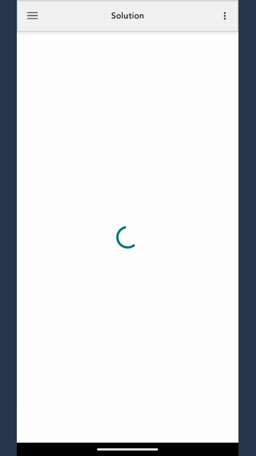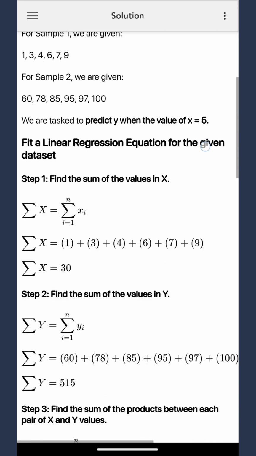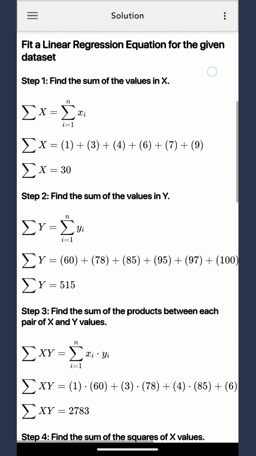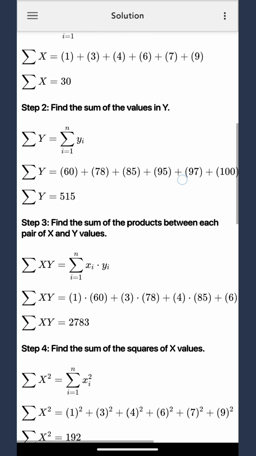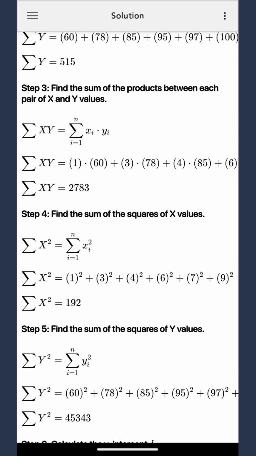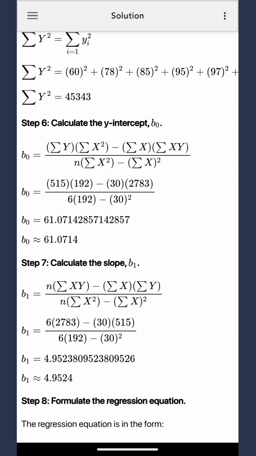All right, Nixers, let's delve into the step-by-step solution. We'll walk through each phase, providing a sneak peek into what the calculator churns out. The first step is to determine the sum of all data in X and the sum of all data in Y as shown. Next, we take the sum of the products between each pair of X and Y values. This is followed by taking the sum of the squares of X values and taking the sum of the squares of Y values. We are now ready to calculate the intercept b sub 0 and the slope b sub 1